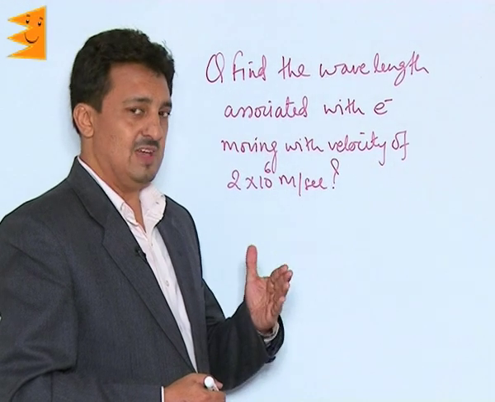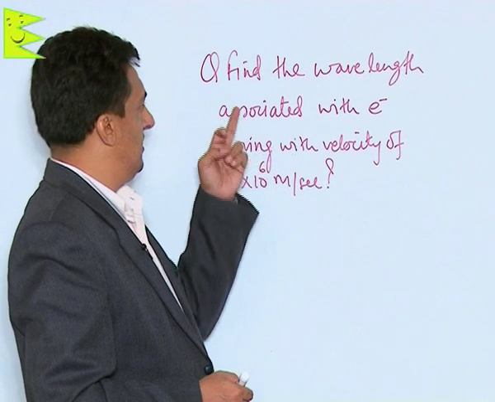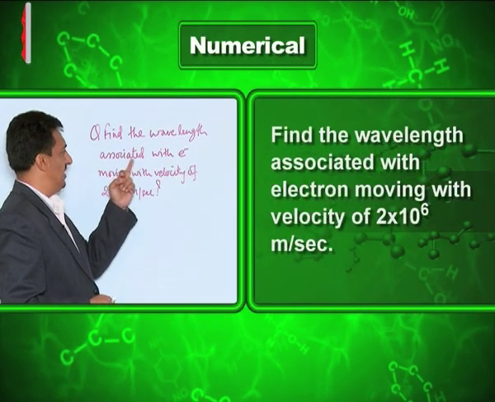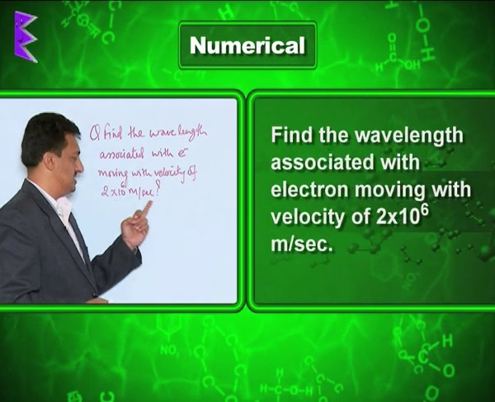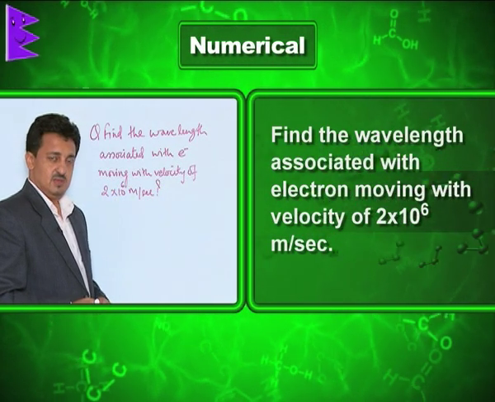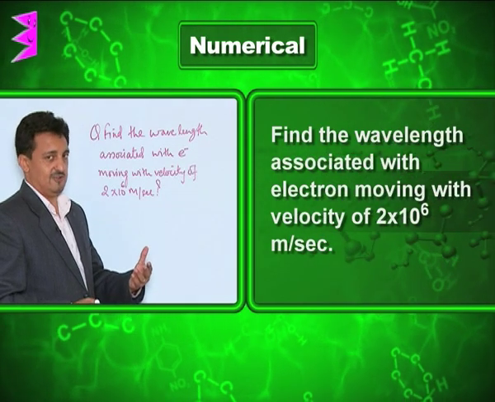Now let us do a numerical on de Broglie's dual behavior of matter. The numerical is: find the wavelength associated with the electron moving with the velocity of 2 × 10^6 meters per second. So we are supposed to find the wavelength which will be associated with a moving electron,